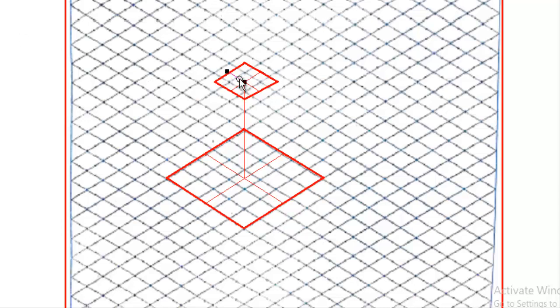And next you can erase all the extra lines like this. And now the last step: the front 3 corners, these are the front 3 corners, the sides are visible, so from the respective corners we have to join from the top face to the bottom face like this. Then we need to erase the hidden edges. So this is how we can construct the frustum of a square pyramid.